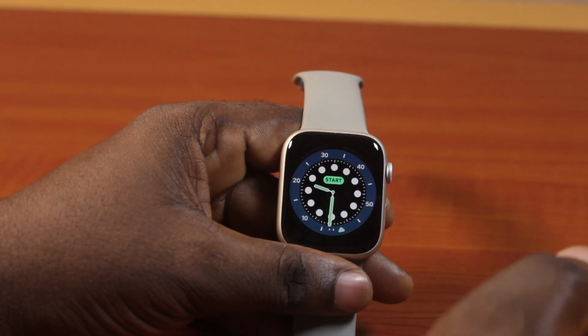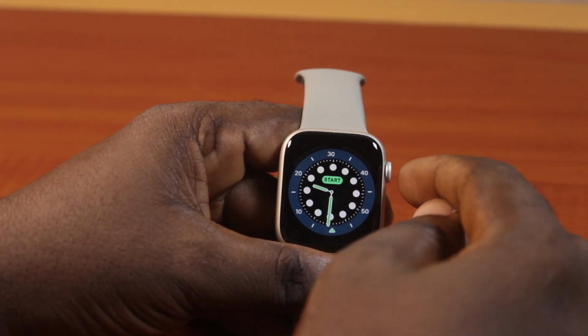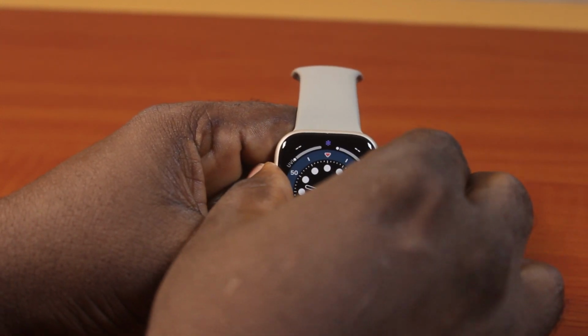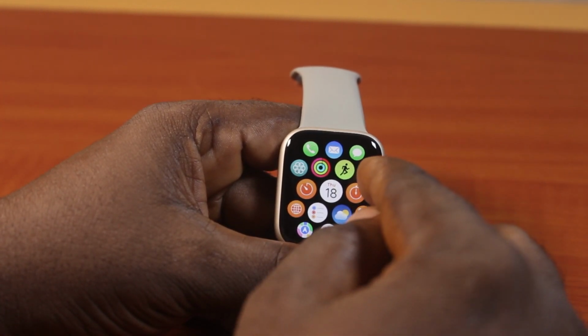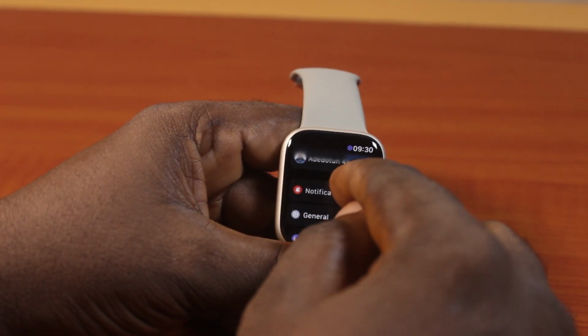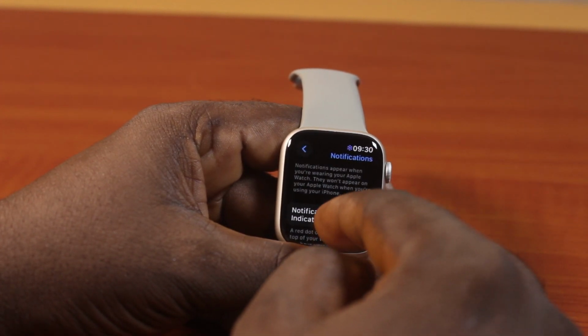Now the first thing to do here is press the crown button once to take you away from the clock screen to the app menu. On the app menu, click on settings, then scroll down and click on notifications. Once you selected that, scroll down